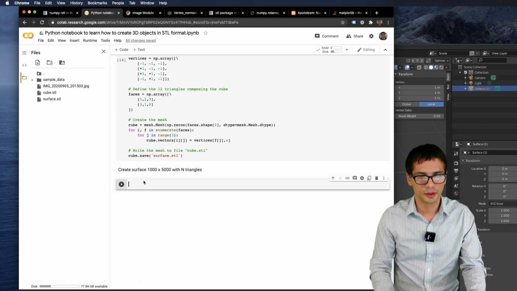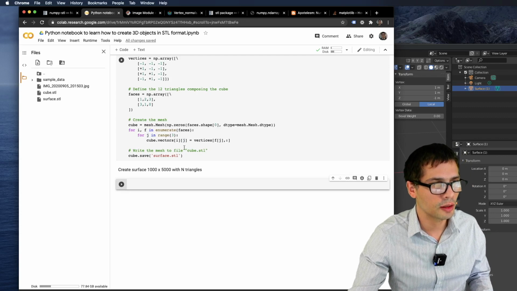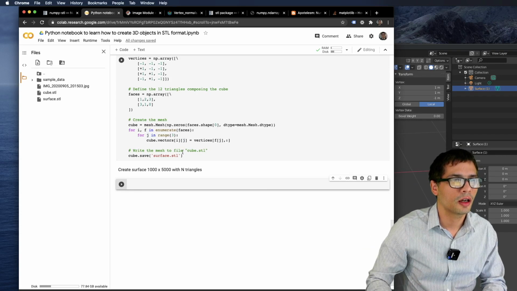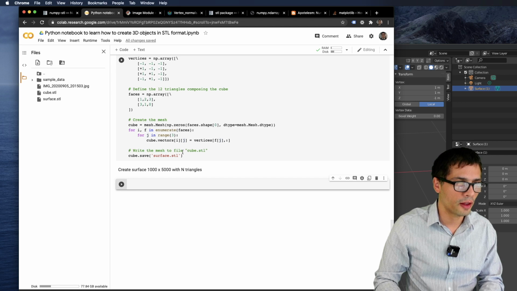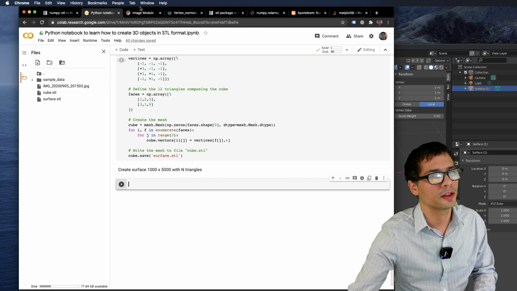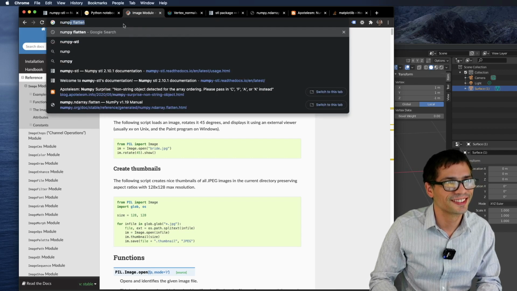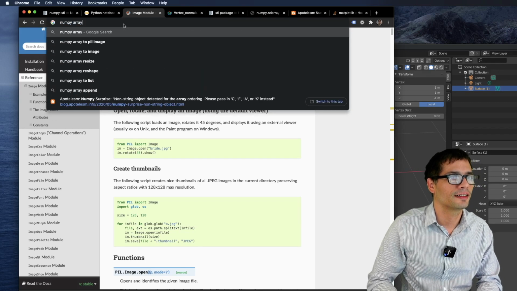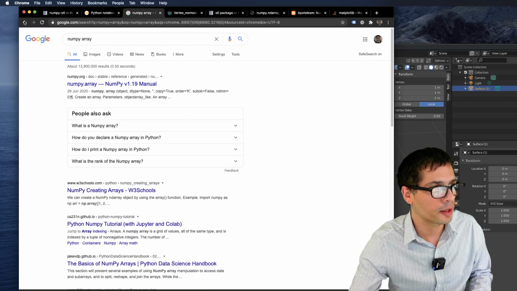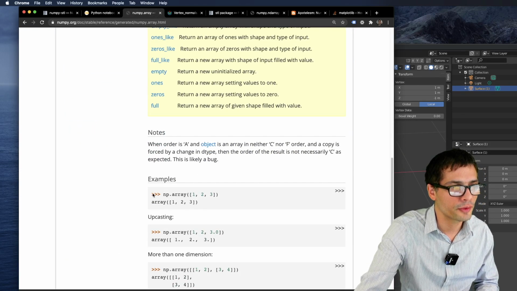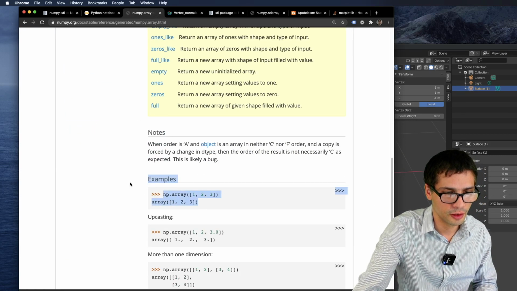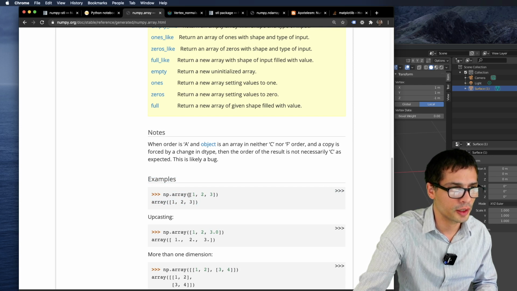So, NumPy. How do we create an array of 1,000 times 5,000? Let's go and look at the documentation. NumPy, I'm going to pretend I didn't know. Okay, NumPy array. So we've seen how to create a NumPy array just by giving it a list.